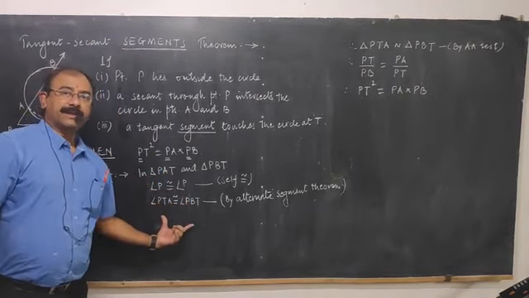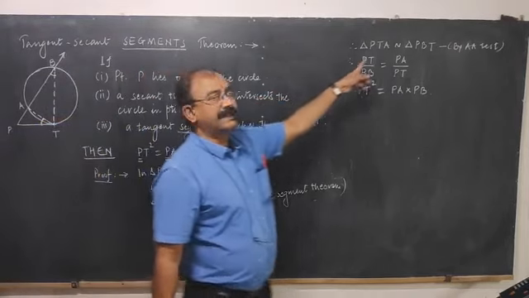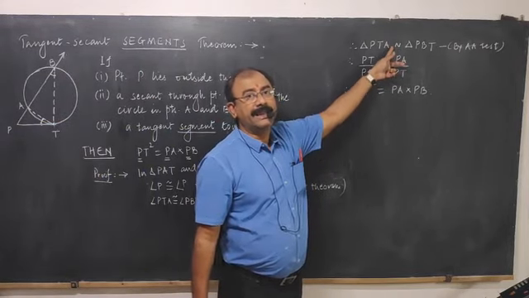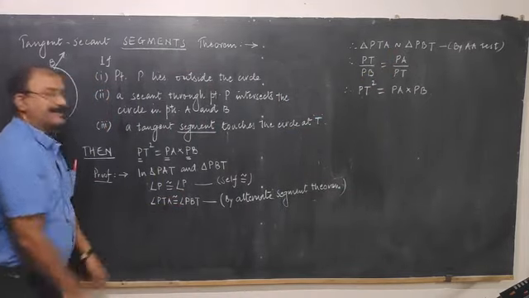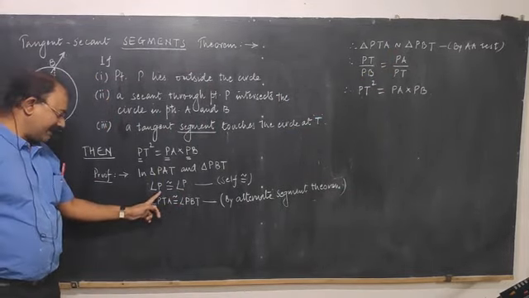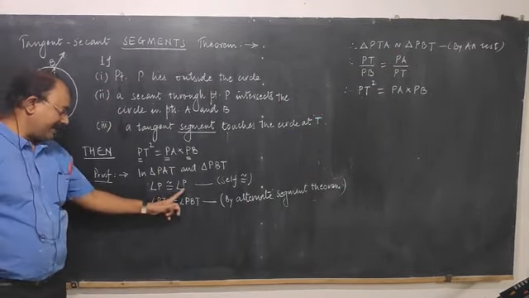So two pairs of angles are congruent, therefore the triangles are similar by AA test. From the pairs of congruent angles, correspondence can be written. P and P will appear in the same position. T and B will also appear in the same position. The third vertex will automatically appear in the third position. Therefore, the triangles are similar, and we know that if the triangles are similar, corresponding sides are proportional.